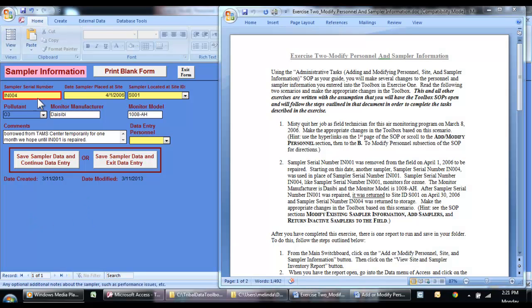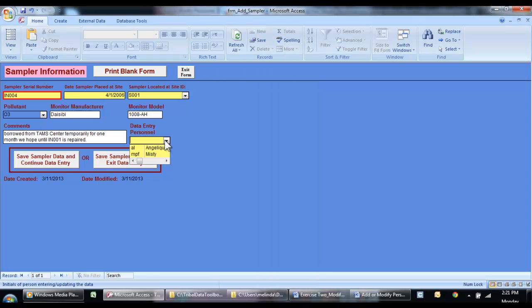So I have added instrument IN004. Now let's just say we got it in the mail the same day, April 1st. It's located at Site 1. It monitors for ozone, made by DeCB, and this is the model number, and I put in the comments that we've just borrowed this temporarily, and I put in my initials, and now this is the only sampler we need